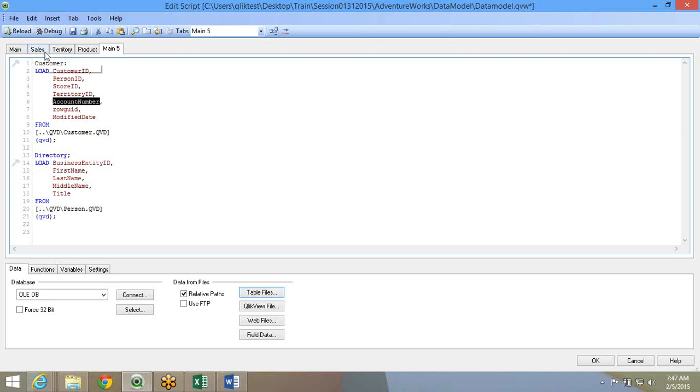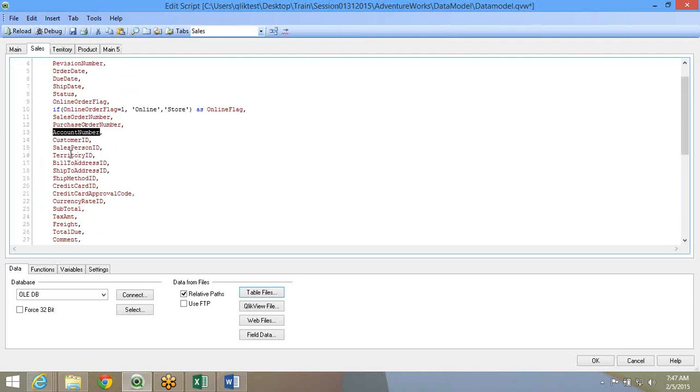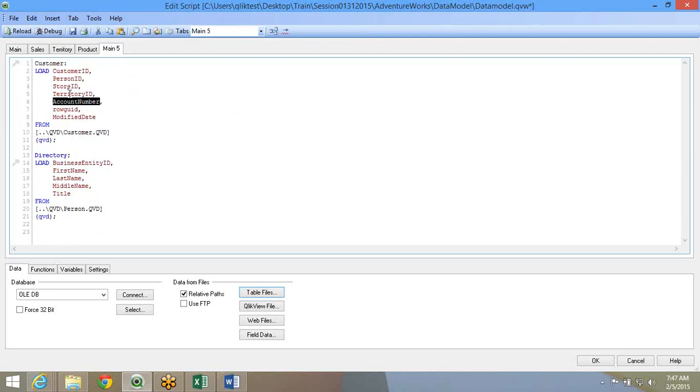I have the account number of the customer. But in my sales order header also, I have the account numbers. This is very obvious, and the territory ID. I might not want the customer territory ID or account number. Or if you want it for any audit purpose, you can just rename it as customer territory ID, and account number as customer account number.